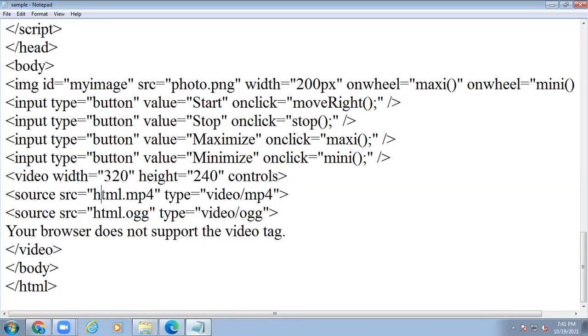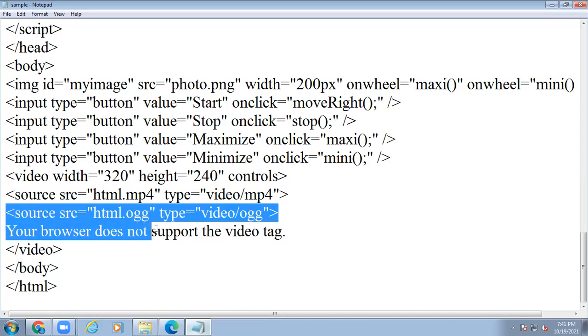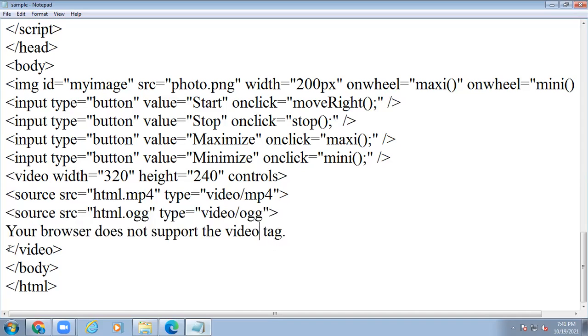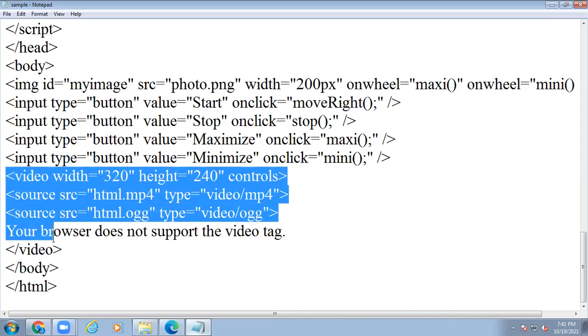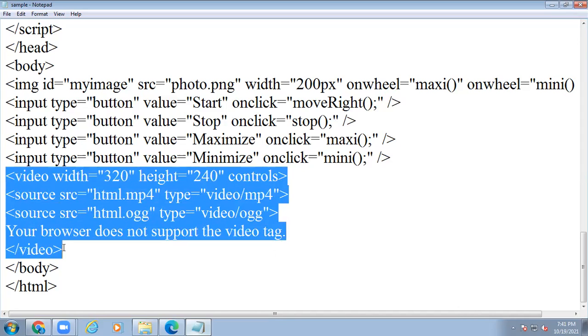There we consider the video name, and you specify its type. Some browsers do not support the video tag, so in that case, what do you want to display? Your browser does not support the video tag. Then the end of the video tag. So this is the way you include the video into the web page.